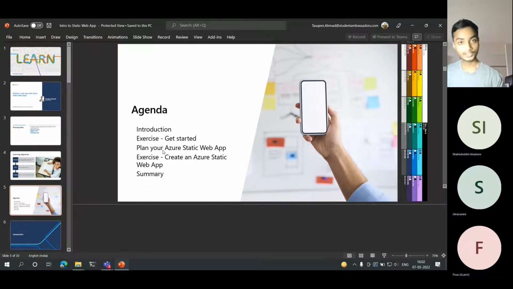So could you please let me know what you are aware of? Can you repeat, please? Are you people aware of web applications? Yes, of course. So, for example, I worked with Vue.js as a front end, and then I usually use ASP.NET Core web applications.